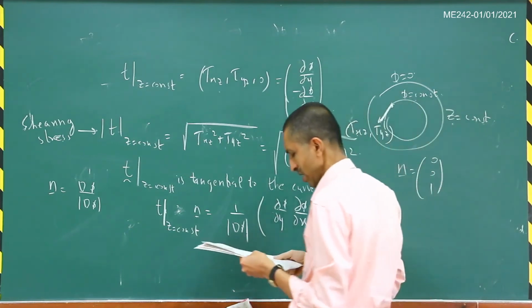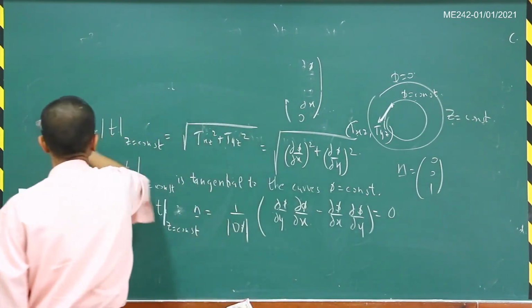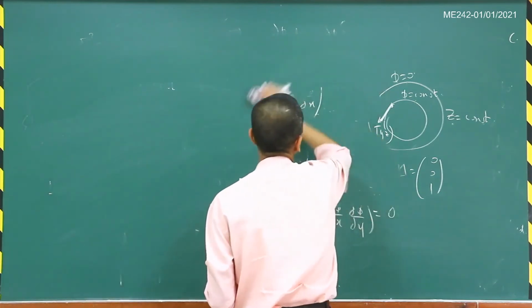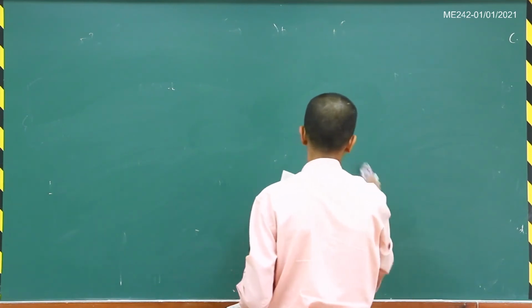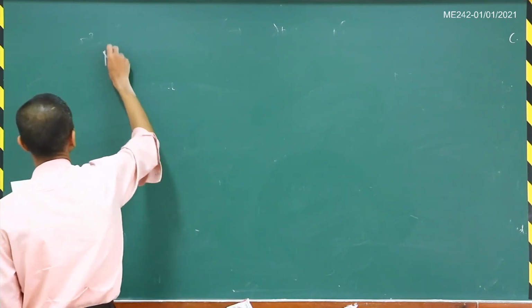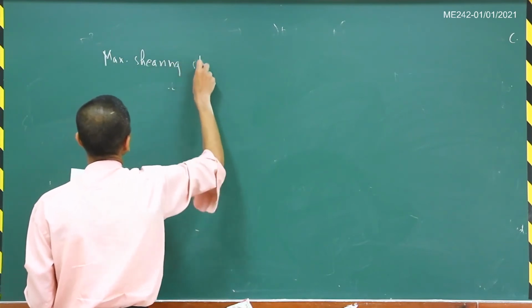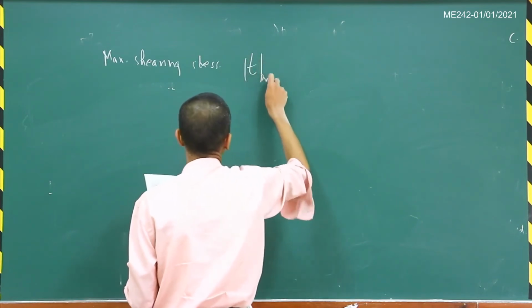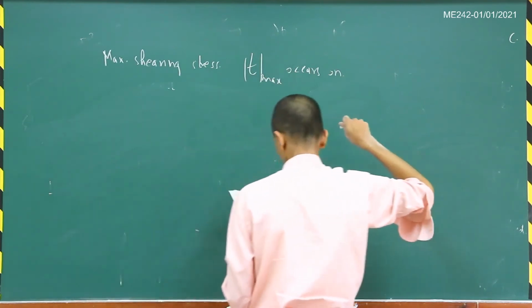So let us show that particular result here. The maximum shearing stress, that is this T, let us call it max, occurs on the boundary